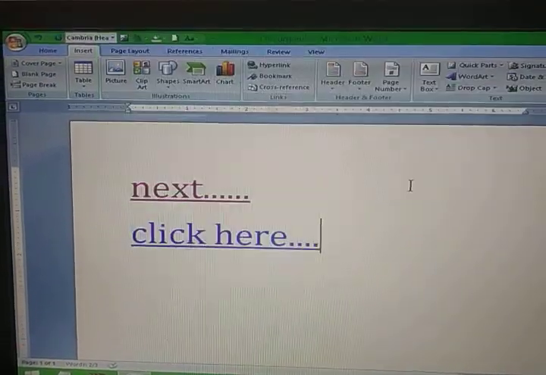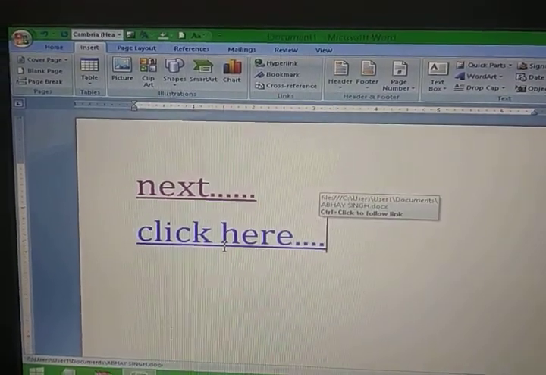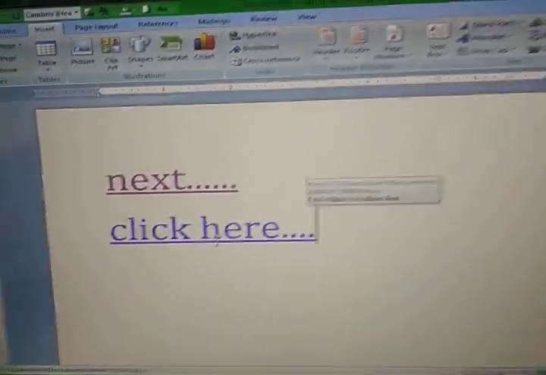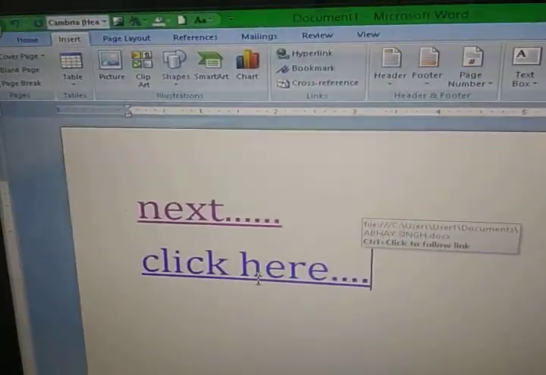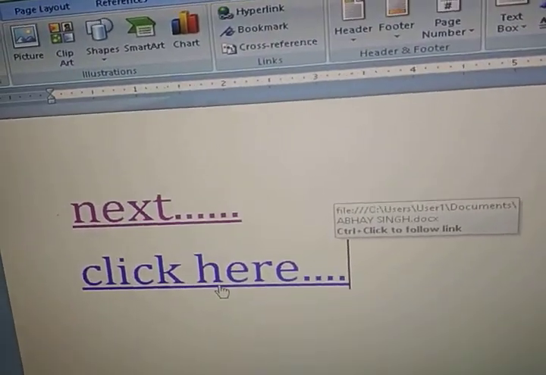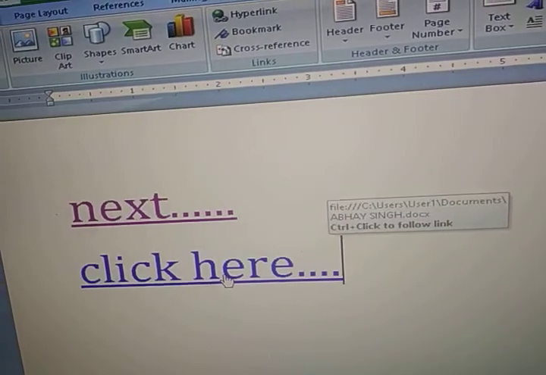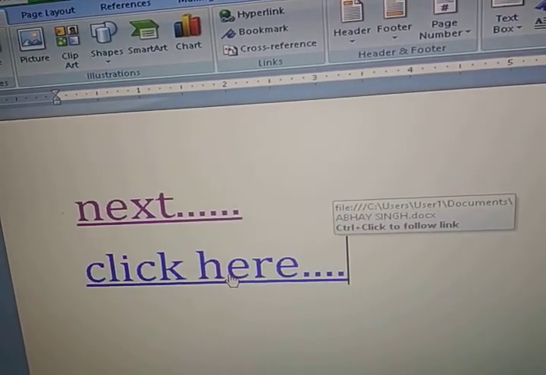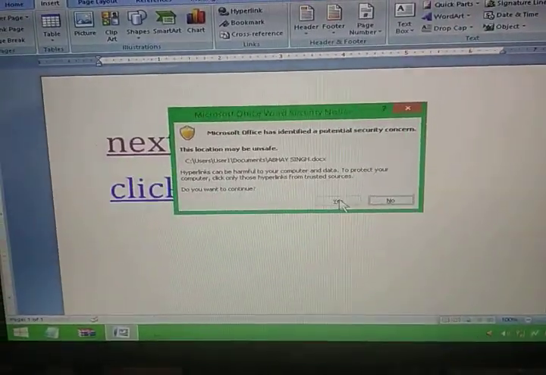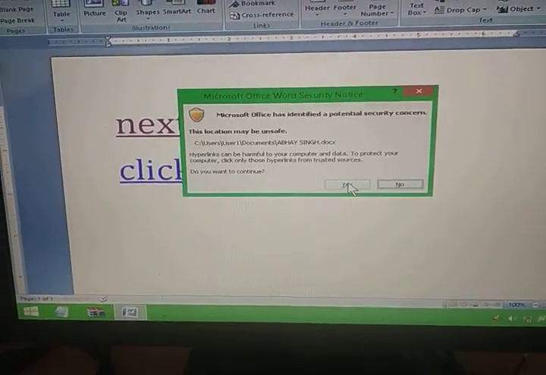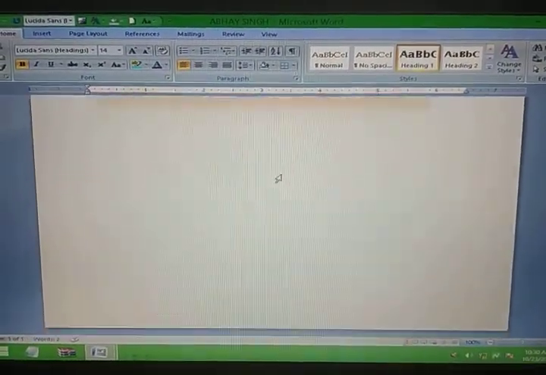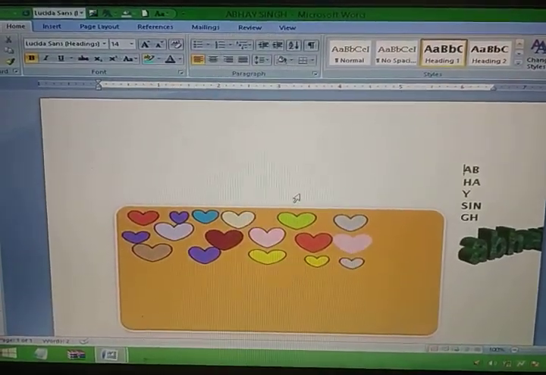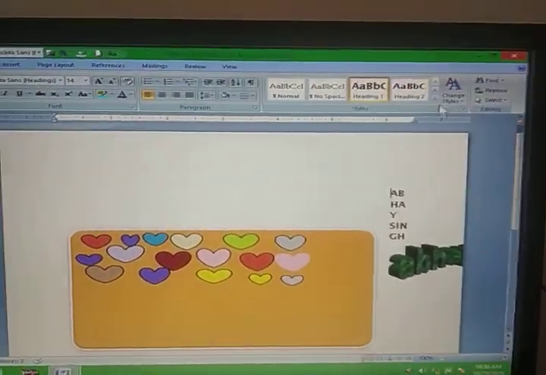Now click on OK button. So the text is converted into blue in color with underline. Then you need to press the Control button. When you press the Control button, the cursor converts into a palm. Then you need to click on this option. You will find this box here, and when you click on Yes button, you will find the selected file appeared, right? The linked file appeared in front of you, right?